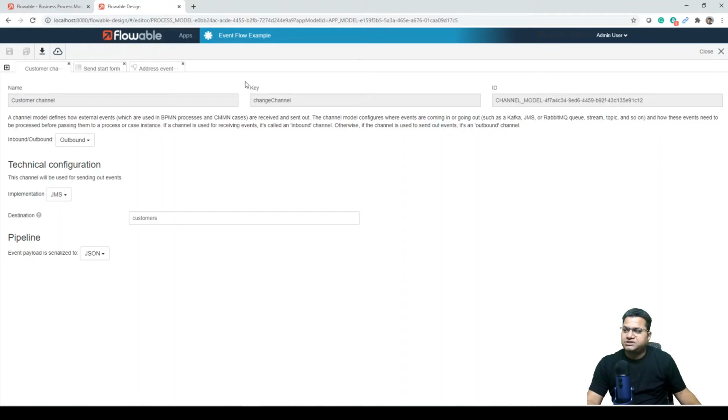Now we can close this model and go back to the address event producer process. The other key attribute on the send event task is the outbound event. Click on the address change to open the event model that will be used.